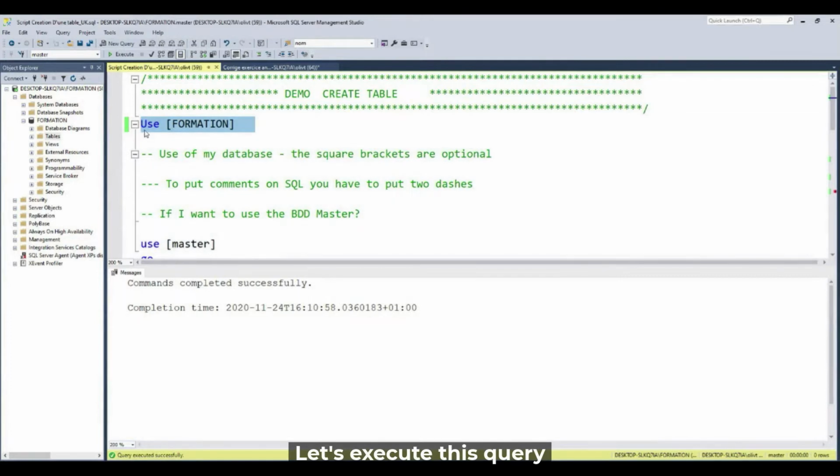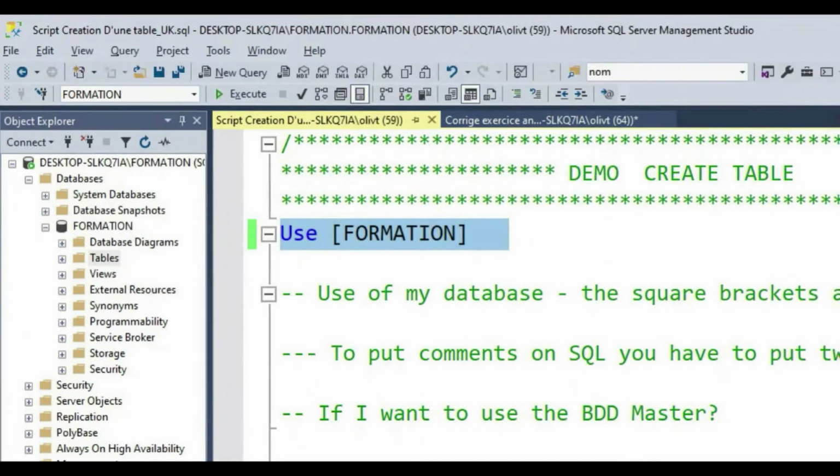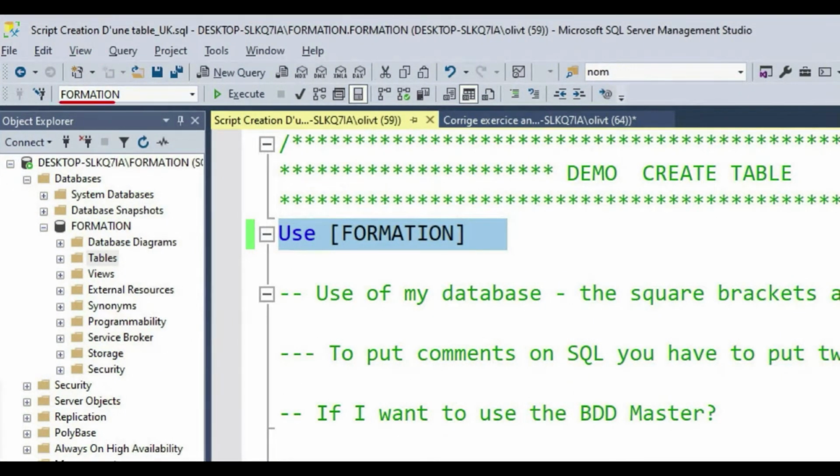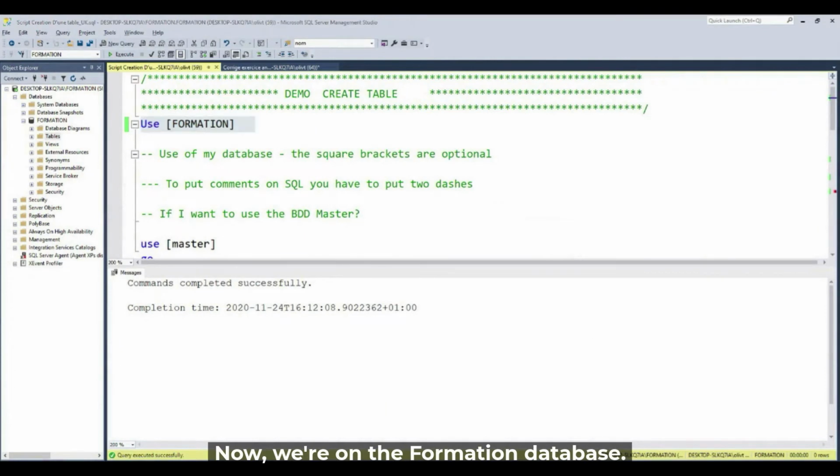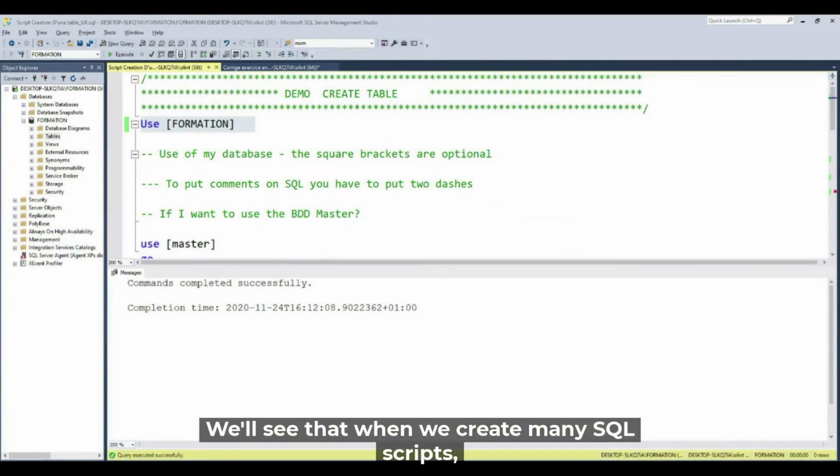Let's execute this query. You can see here that it has changed. Okay, now we are on the formation database. We are working on this formation. I am on the formation database here. We will see that